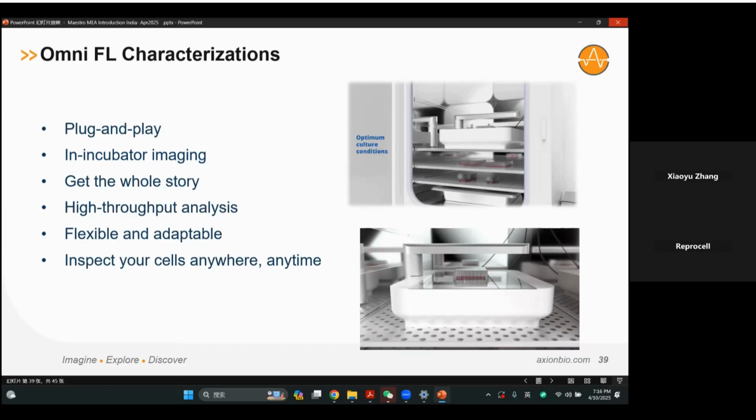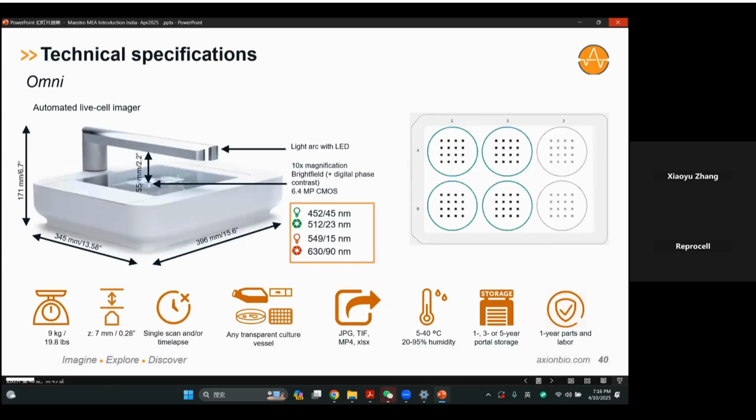And all the scans are uploaded to the cloud portal automatically. So the integrated multiple analysis modules allow users to inspect their cells anywhere, anytime. And so here are a few details of the OmniFL. There is an arm here, and the arm can move in the horizontal direction. And there is a light art with LED, and the arm is